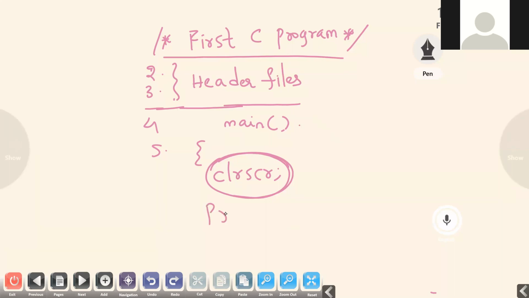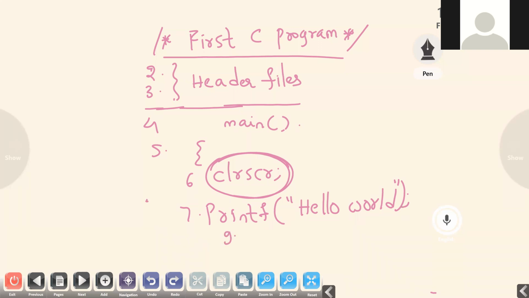Now printf. What is that? This is the seventh line; the sixth was clrscr. Printf means it will print. What will it print? This Hello World. It will print on the screen, so your output will be Hello World.